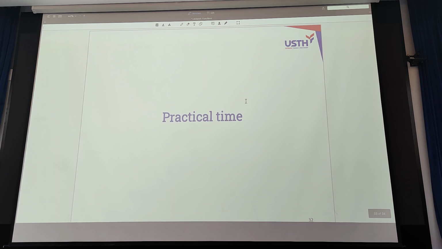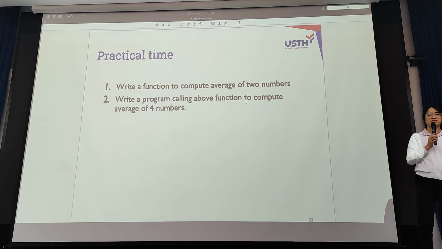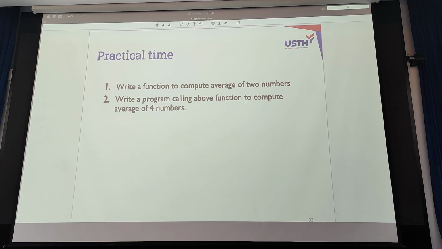And now we have 15 minutes for practical time. You can try with your computer: write a function to compute the average of two numbers. I think it's not a problem. In the next 2 weeks, when you study pointers and arrays, I will ask you to compute the average of 1,000 numbers.